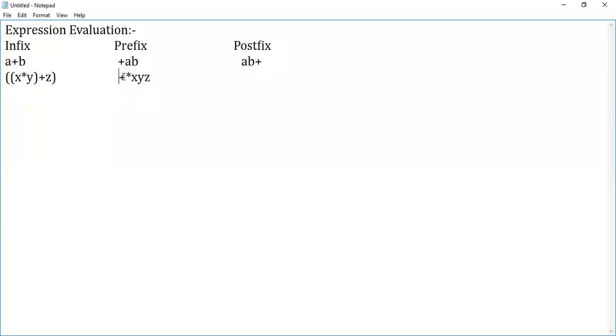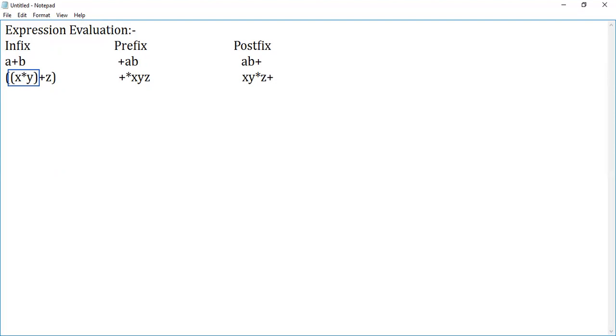Guys, are you able to follow what I'm saying? Along with the existing expression, I'm going to perform addition of z. This is the already existing expression. Along with the calculated value, I'll add z, right? So I'll add the symbol before it. Placing the operator before comes under prefix. Okay. So in case of postfix, how is it done? You can notice that in case of postfix, you'll have x and y as operands, followed by the operator, and then z plus. This would be the postfix.